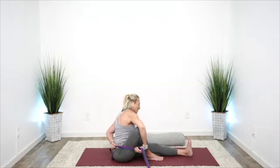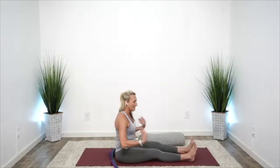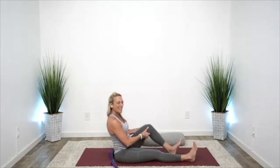Let's release this because your hands might be falling asleep right now. Take the leg out. Let's start by shaking out the legs, shaking out the hands, and rolling out the shoulders. Okay, that's a lot of good stuff, huh? Let's go to the other side. Bend the left knee